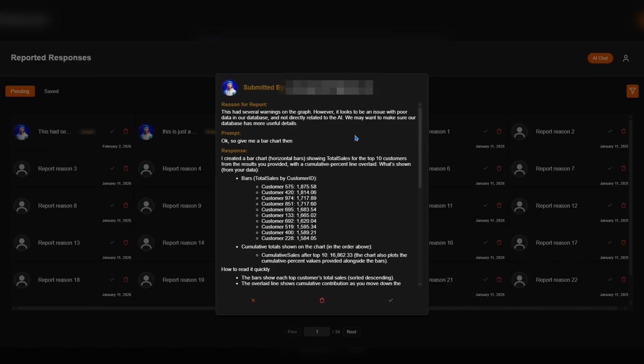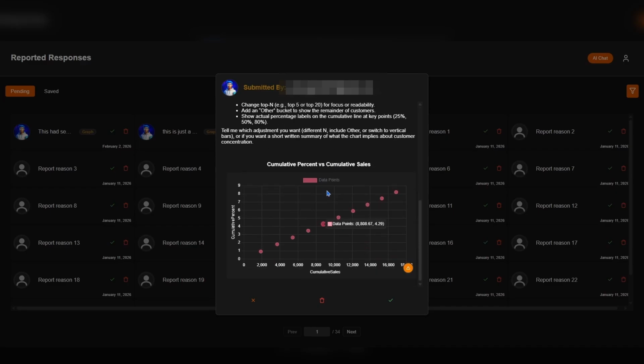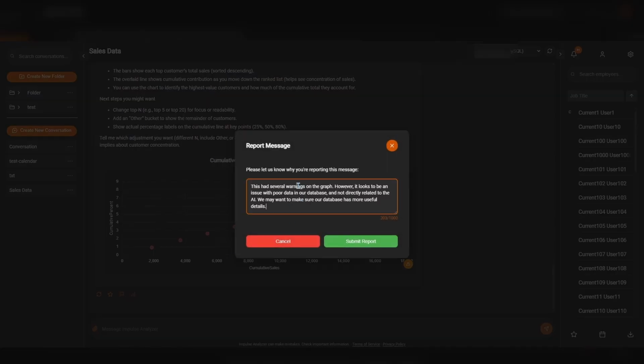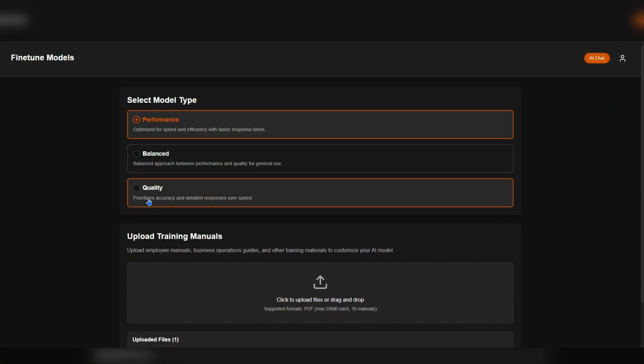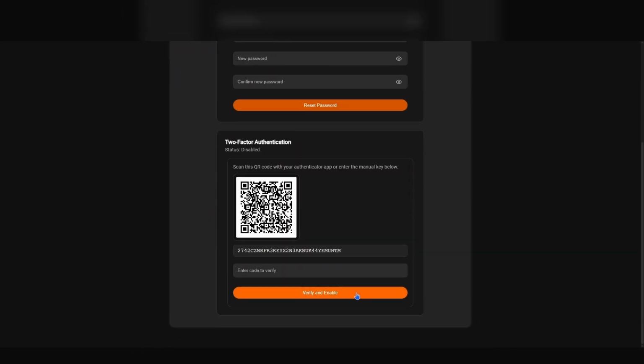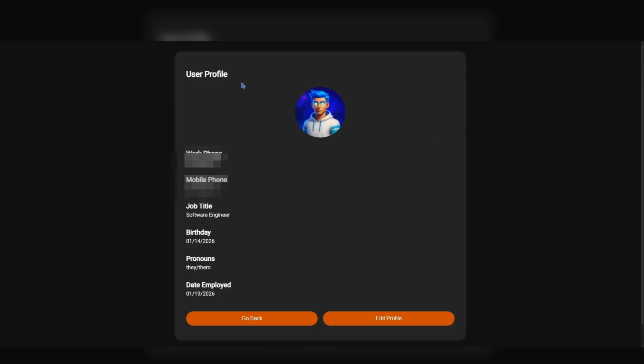Reported responses are messages that have been received from the AI that a user has reported as either having malformed data, incorrect formatting, or maybe it hallucinated some data for some reason that isn't actually in the database. A user would be able to report that and alert the admin that that has happened. An admin can then take the appropriate action to either select a different reasoning model, such as performance, balanced, or quality. Some other useful quality of life features are notifications, two-factor authentication, toggleable themes, profile editing, and the ability to